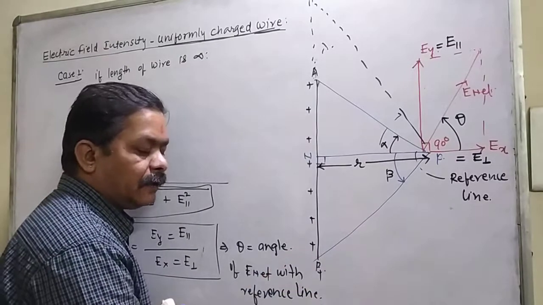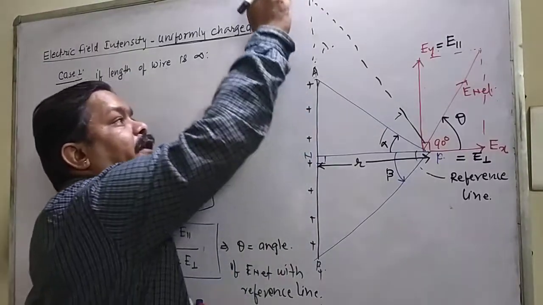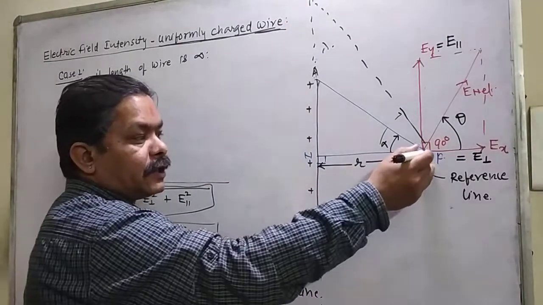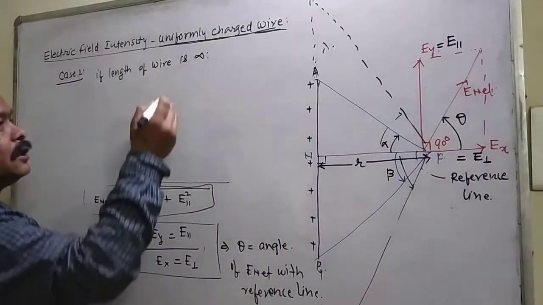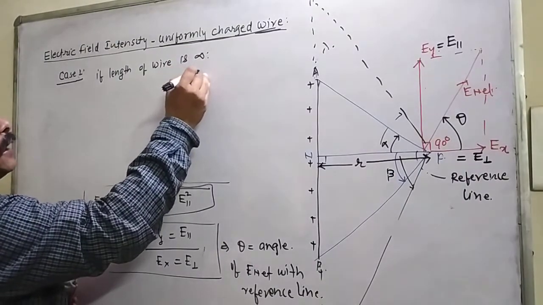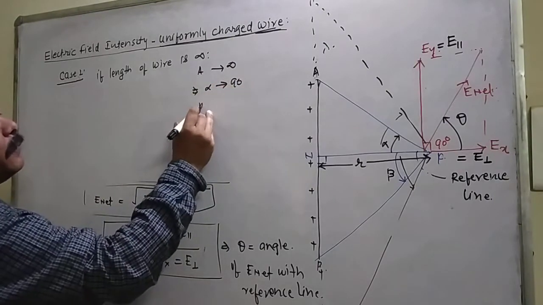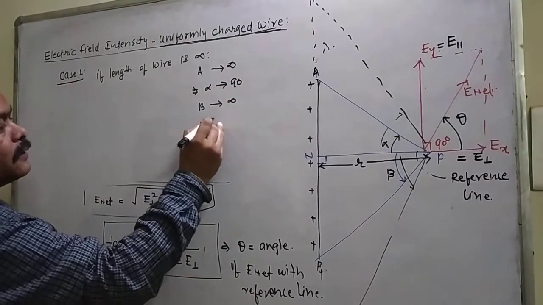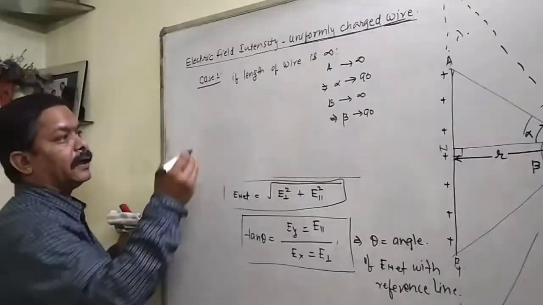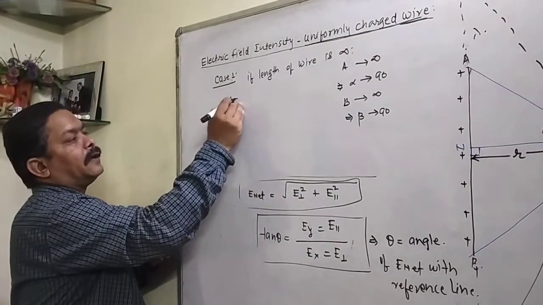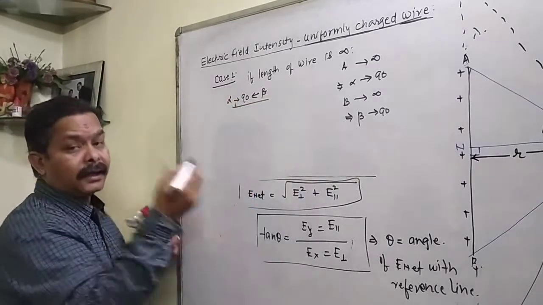Similarly, to make the line infinite, you will extend the point A and you will extend the point B. If you extend the point B, it means your beta is increasing. It will increase up to how much? For making the length infinite, A will go to infinity, so alpha will tend towards 90 degrees. B will also go towards infinity, so beta will go towards 90 degrees. So ultimately, if you make the length infinite, alpha is 90 degrees and beta will also be put as 90 degrees in the above formula.